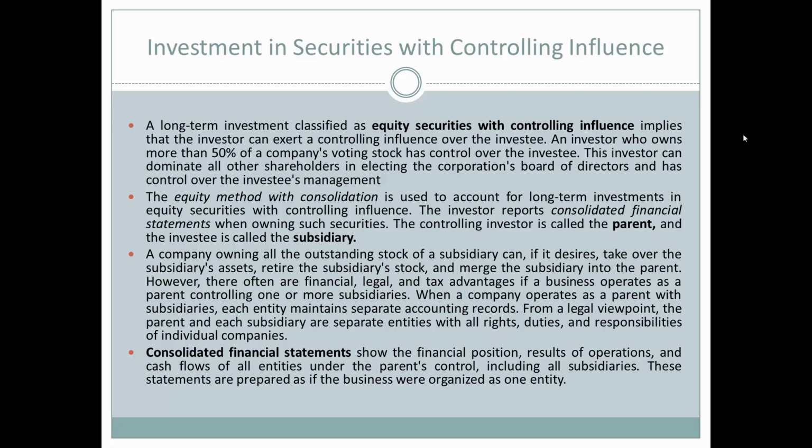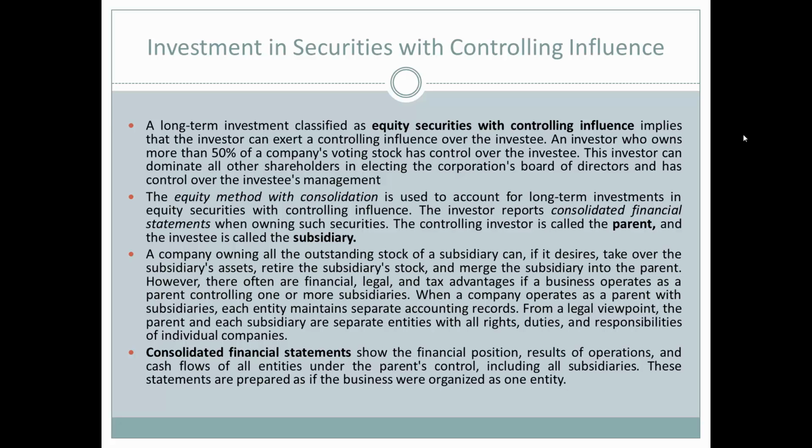This investor can dominate all of the other shareholders in electing the corporation's board of directors and has control over the investee's management, as the board of directors will hire the people like the CEO and the CFO and all of the people that are going to be running the company. As the elected members of the board of directors, they'll be hiring people that they want in a company. So we'll use the equity method with consolidation to account for the long-term investment in equity securities